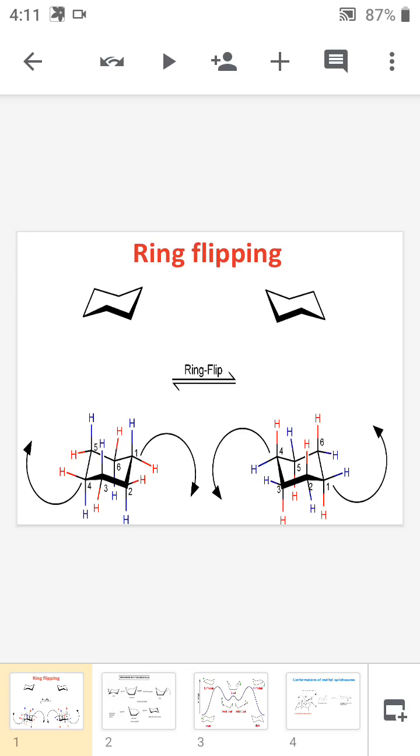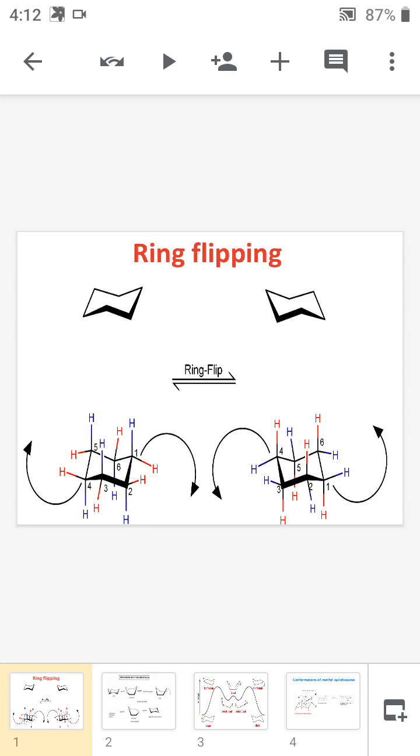Everybody. Today we are discussing ring flipping, the second part of cyclohexane. In the last class we discussed the conformations of cyclohexane, the important conformation of cyclohexane, why the chair form is more stable, and axial and equatorial bonds. Now today we are discussing how the chair form is converted into another chair form, and these two chair forms